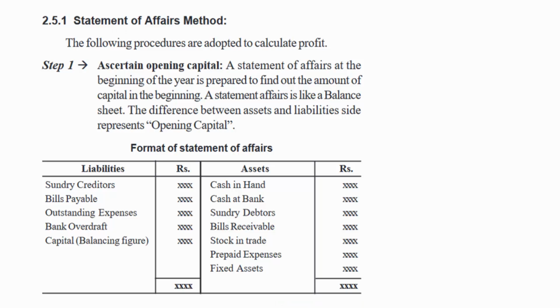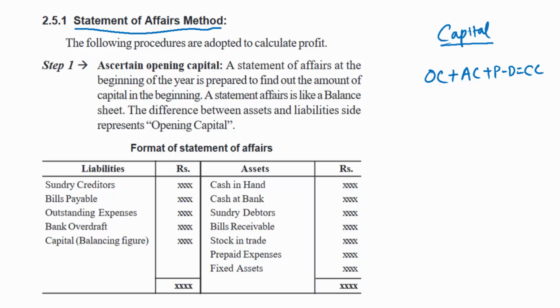Let's see the first method for computing profit. It is called the statement of affairs method. In this method, we basically do a capital comparison. That is, we compare the opening capital with the closing capital and then find out the profit. But in between, some other adjustments like additional capital, and drawings have to be